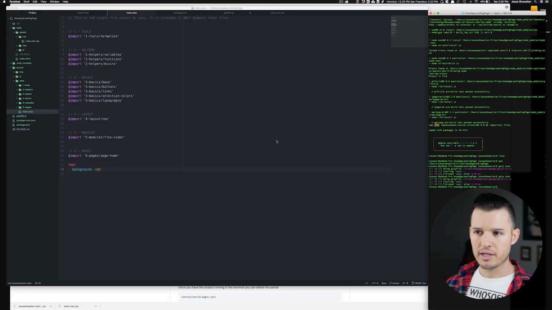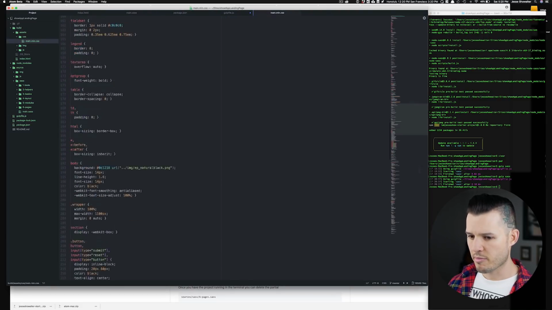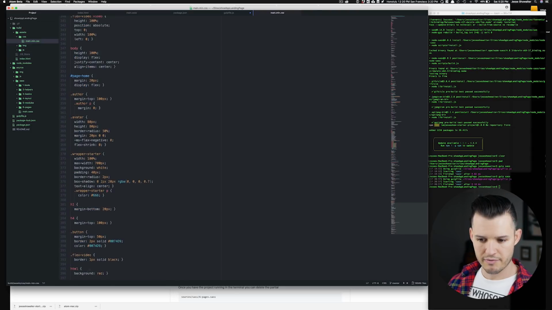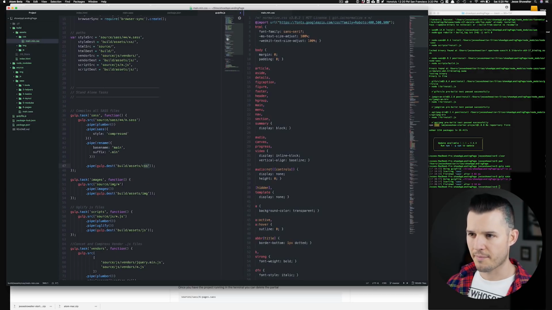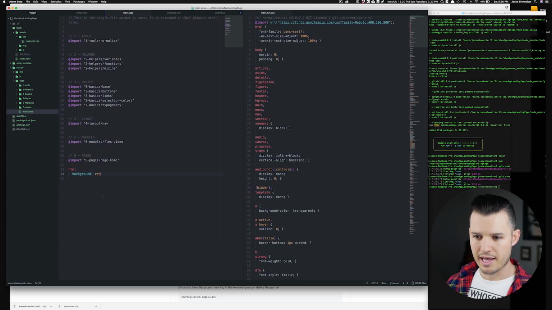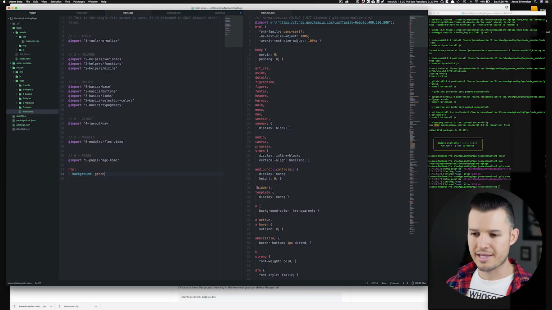Okay, cool. Now let's go look at our main.css. At the very end of it, I'll use my mini-map and just drag down. We should have HTML background red. What? That's crazy. I'm going to drag it over here so you can see it done in real time. And then I'm going to go to my main Sass. Maybe I didn't mean red. Maybe I meant green. Well, I'm going to save that.